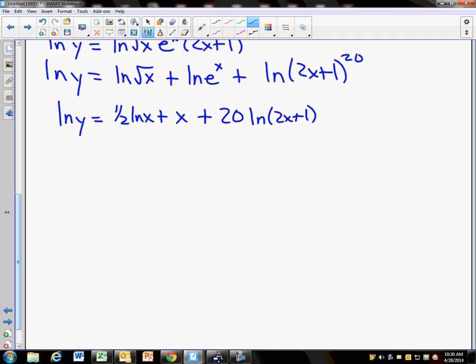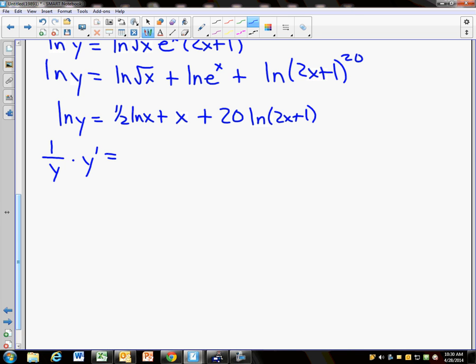So the only problem is now the left-hand side. We're not taking the derivative of y. We're taking the derivative of natural log of y. Close. We have to use our implicit differentiation. Remember, when you had something like y squared equals 3x, and you took the derivative, you said it's 2y y prime, correct? Very good. So when we use our implicit differentiation, because we don't have just y solved for, we have, as Emma said, 1 over y times y prime equals,